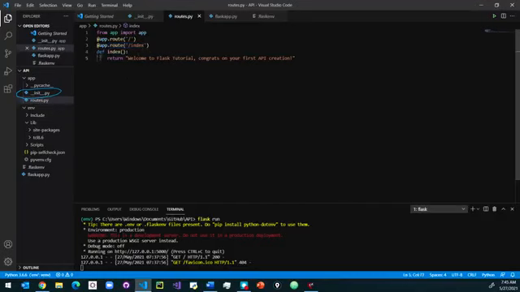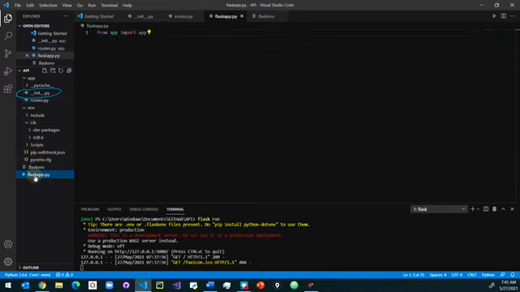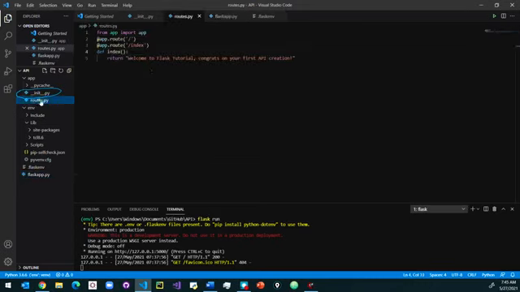In our first session we created a simple view function like this, which just says a welcome message. Then the last one, flask-app.py, is the main script. We have to import our own package to run this app. This is the basic review of the first session. Now we are going to move on to the second session, where, instead of displaying a simple message like this, we are going to display a web page.